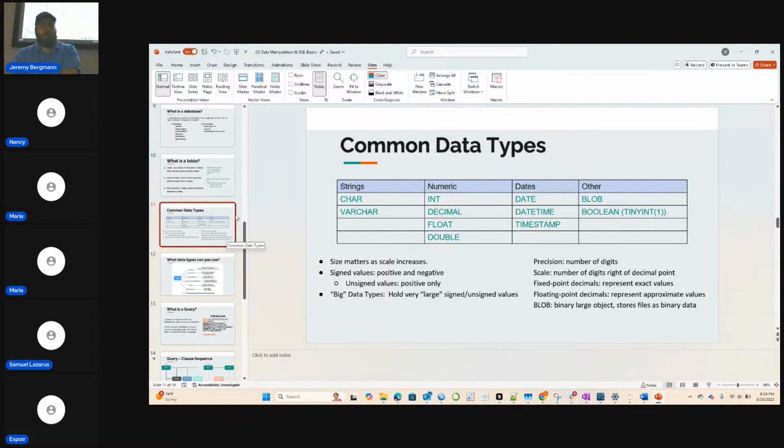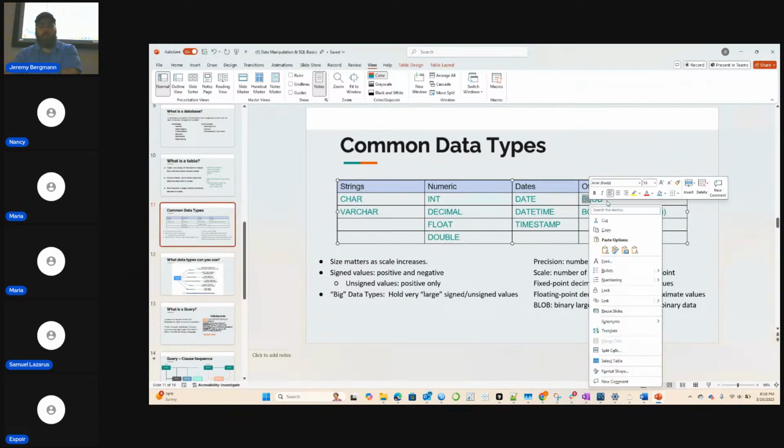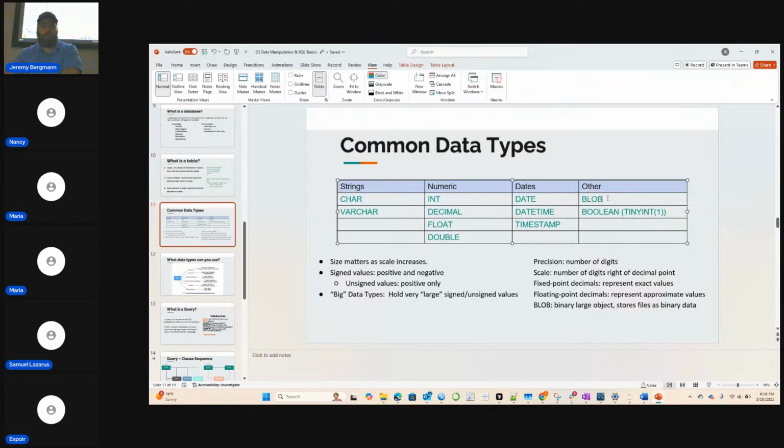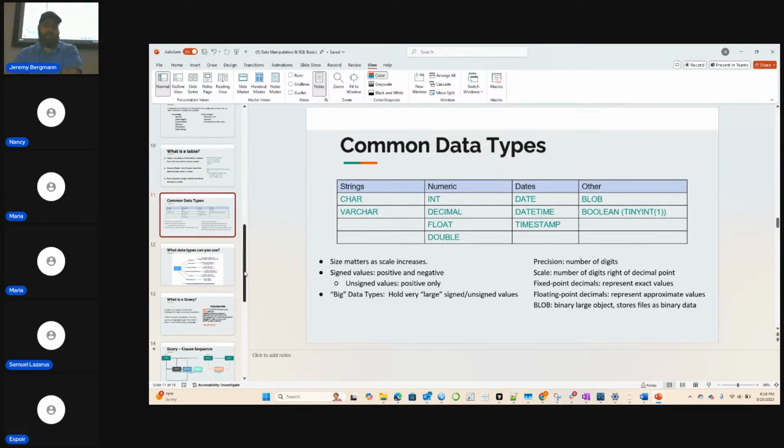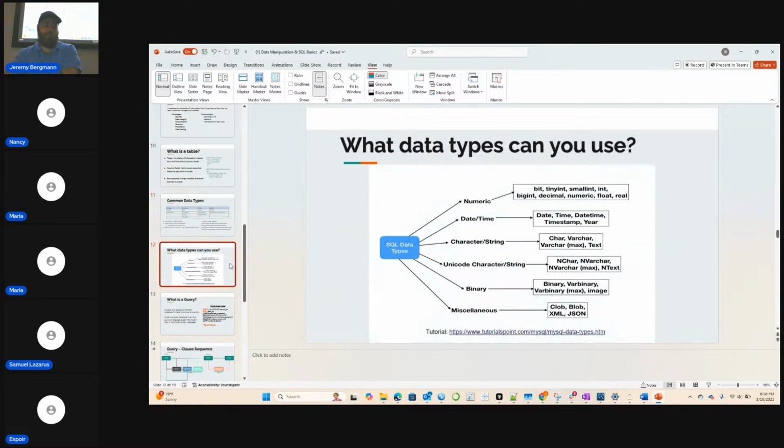Yeah. It's pretty much any program or application that can be translated to ones and zeros, which is pretty much everything on a computer. Like this PowerPoint or an application, it's all ones and zeros underneath. If you're ever interested, that's what computer science is all about. That's the root of it. All right, so what type of data can you use? Here's a more comprehensive list.